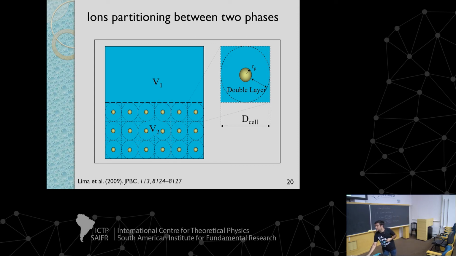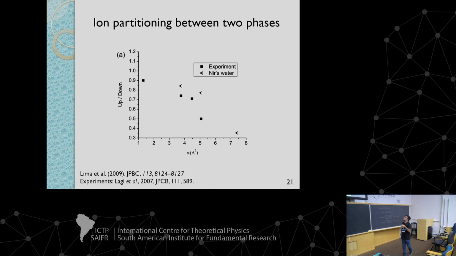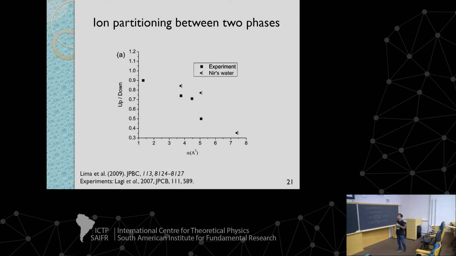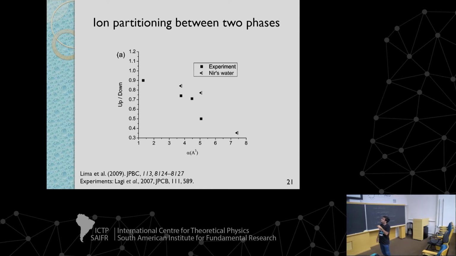So what's the result that we got? We got this kind of result. This is the concentration of ion in the up phase, and this is the concentration in the down phase. And we can see here, comparing with the experimental results, considering, for example, different models for water, the Sneers model gave better results. And here we have our prediction, and this is the experimental